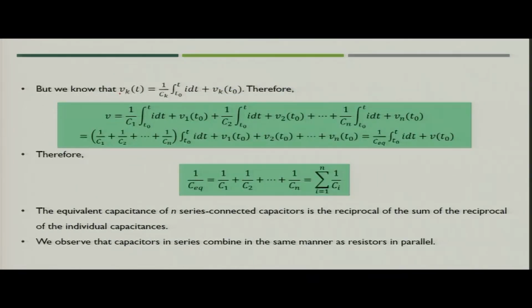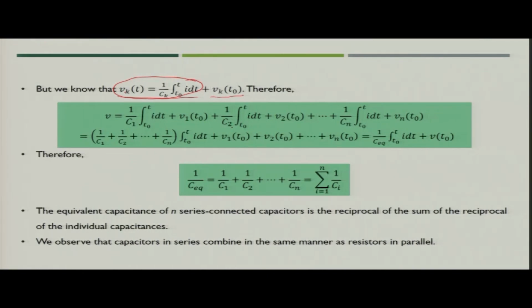Now, what is voltage V? Voltage V for the kth capacitor can be defined as 1 upon Ck integral from t naught to t of i dt. t naught is considered to be the initial time, and t is the time at which we are analyzing the circuit. This is something which we discussed in the previous class, where we analyzed the various resistor, inductor and capacitor elements. So, using that formula, we can say that Vk is integral of 1 upon Ck, t naught to t, i dt plus the initial voltage which is there across the capacitor. Now, this is for the kth